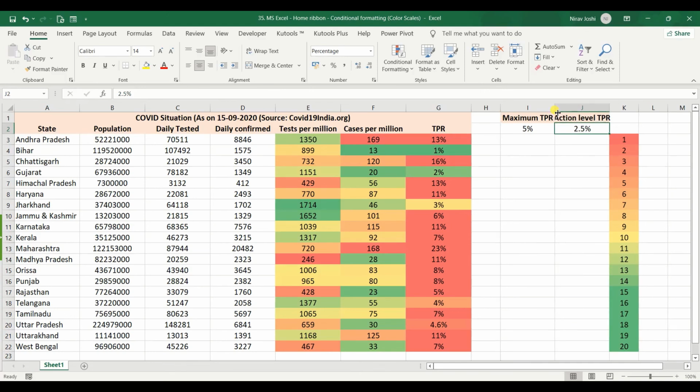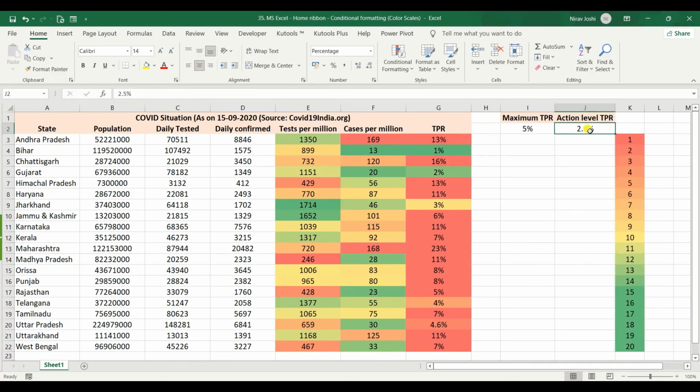So now 2.5 is the action level TPR, where above that it would show a midpoint to max point gradient, and below that action level TPR, that is below 2.5, it will show a gradient between the minimum level and the midpoint level, right? So this 2 and 1 are all towards the lower side, and 2.5 to 5 are towards the higher side, and more than 5 would be uniformly shown in red color, right?